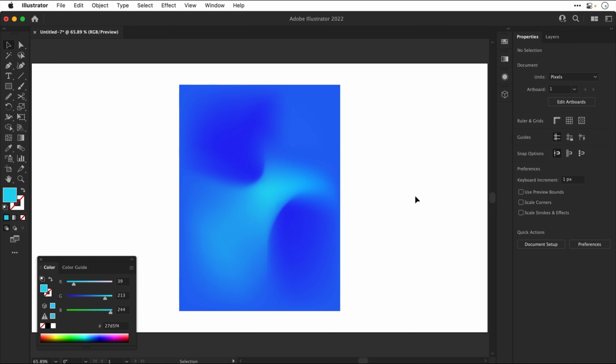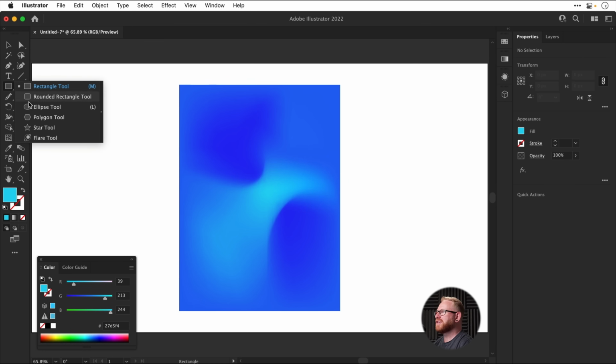And you can use this as a really cool abstract background and make it part of anything really, a flyer, a poster, whatever you like. And just as a quick bonus tip, this is a way that it can be used to add 3D to shapes. So if I go and create an ellipse,